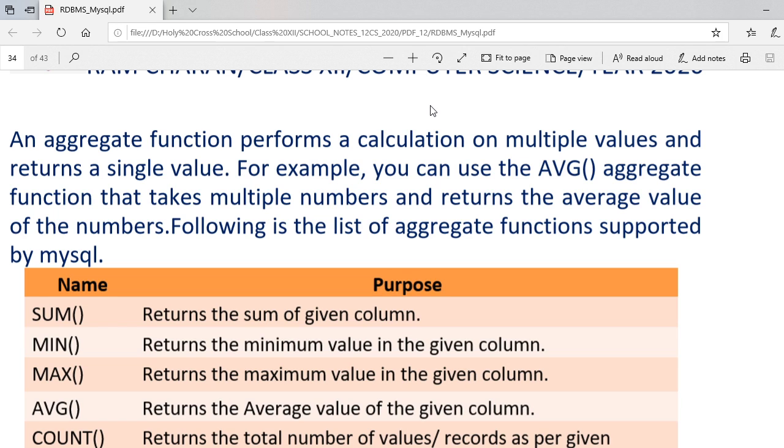So what are functions? In a very simple language to understand, functions are a predefined set of commands. Very simple, put it in mind. Functions are a predefined set of commands which will take arguments from you. Arguments means what? It will take input from you, and will make that input perform a certain task according to the name and according to the code of the function, and will return a value.